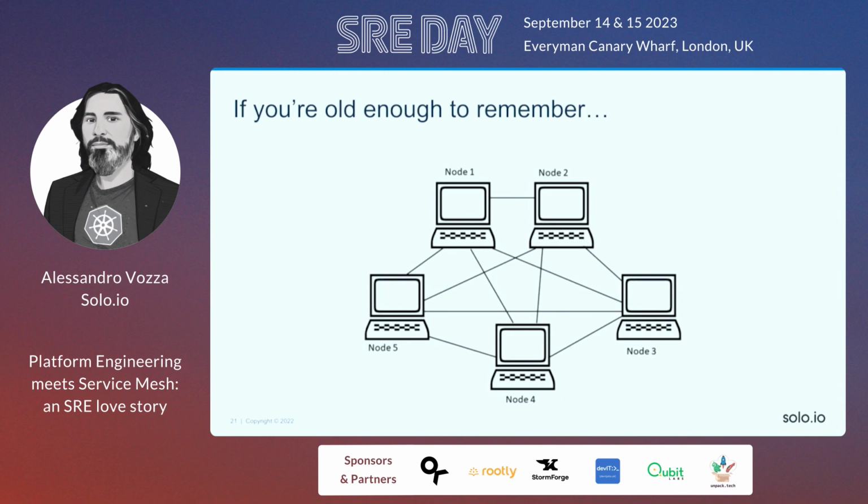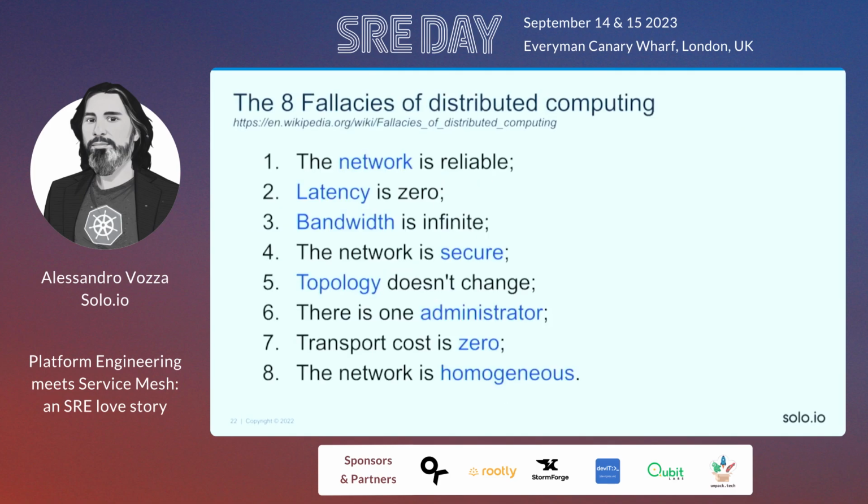A mesh is just a mathematical or geometrical definition of interconnected nodes, right? It's just a way to connect nodes in a mesh way. That's it. So it's nothing more. If you keep this in mind, then you understand how applying this to networks and to microservices can make sense. So it's a way to prevent, or to think about